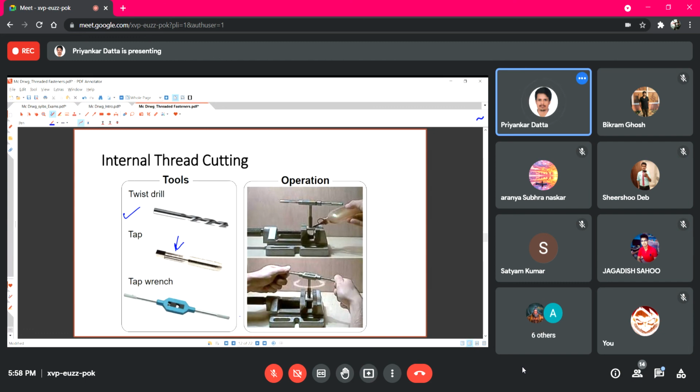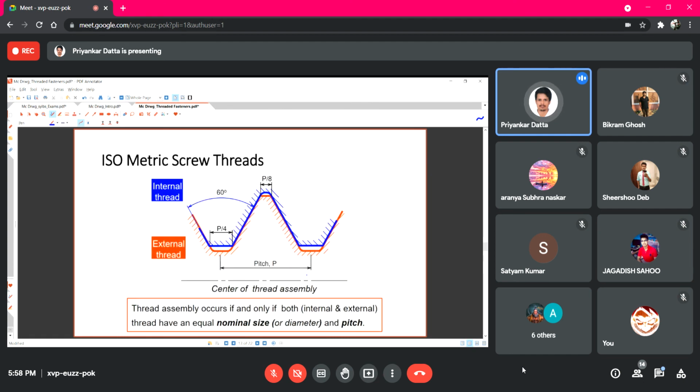Using this tap wrench we can again hold the drilled component inside the vise, and if we twist the tap wrench with the tap, the internal thread will be cut, right? If you have not seen this, when the physical mode classes start, you try to contact some of our teachers from the production shop so that they can show you some demonstration of this, right?